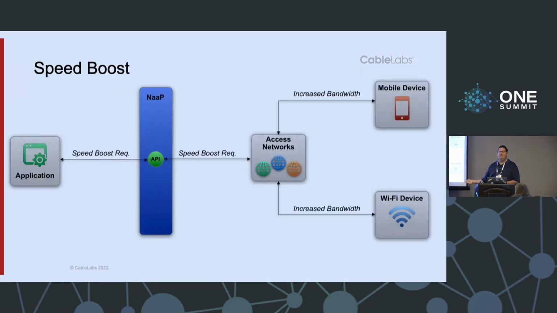So again, I said we're looking at use cases. Here's another one we've stood up in addition to gaming, which was Speed Boost. We have an end user application, and you want to play your game. You call into the network exposure layer, and that's able to look up based on your subscriber ID initially. We're working on moving that towards device ID, and identify, oh, Randy, you have PON and 5G fixed wireless. So we're going to create a network slice on the 5G and create a new TCONT on your PON network